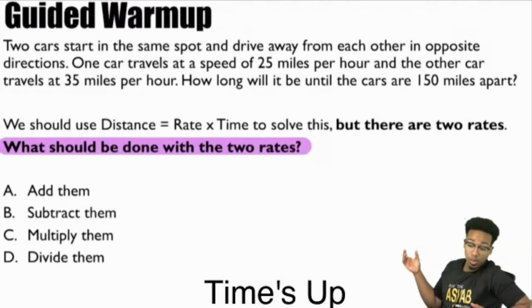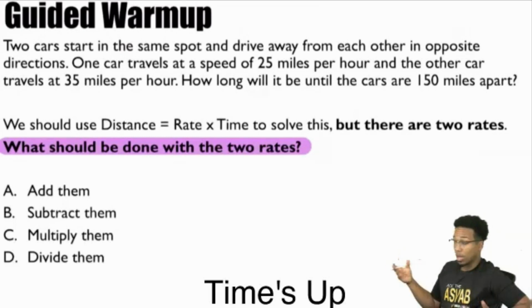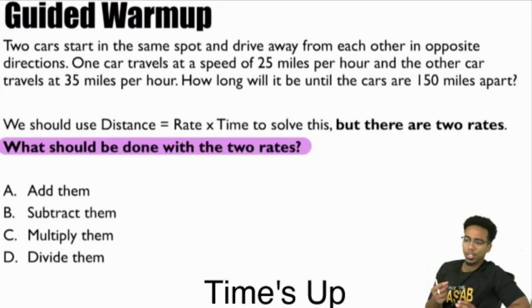So we know that there's going to be 2 rates in this problem. We got to understand what we're supposed to do with them. If you are here for the first time, remember that one thing that you want to take advantage of is imagery, your ability to visualize and think and really see this. So watch this.